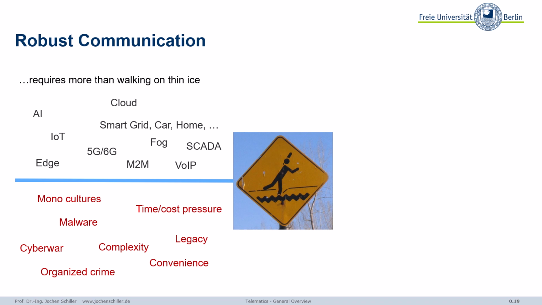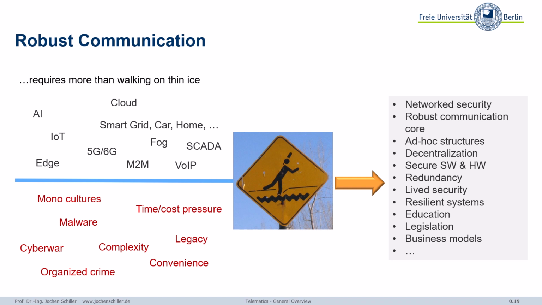Well, we also have people attacking the systems, cyber war going on, organized crime, malware, monocultures. You saw that, we all rely on this nice Amazon Web Service. Is this a good idea? We still have many legacy systems. Well, you will learn that, okay, TCP/IP is running the internet, but we all know these are protocols from the 80s, not really designed for today's challenges. But it's so convenient to use a certain service. So is this a good idea,